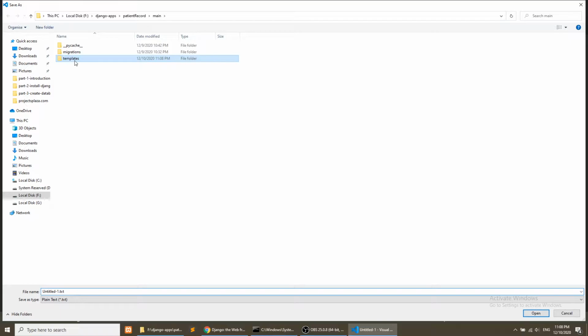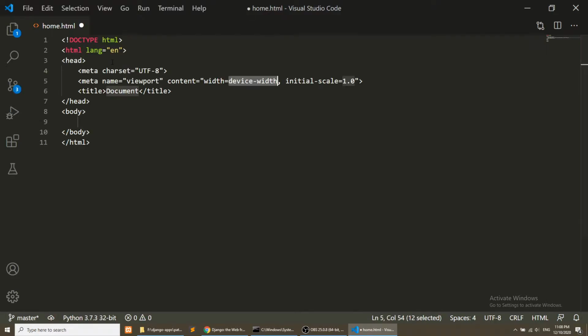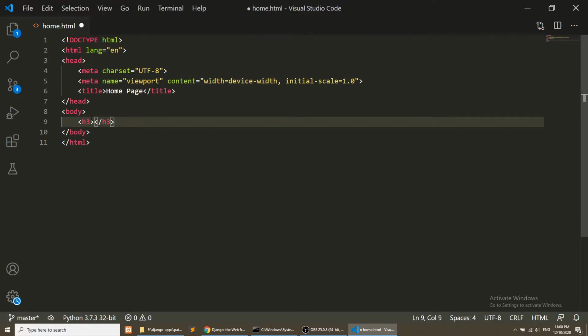Okay, let's create the HTML code, and this will be the home page, and here we will create a simple h3 tag. So this is home page.